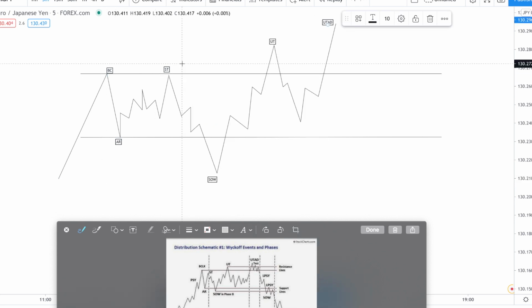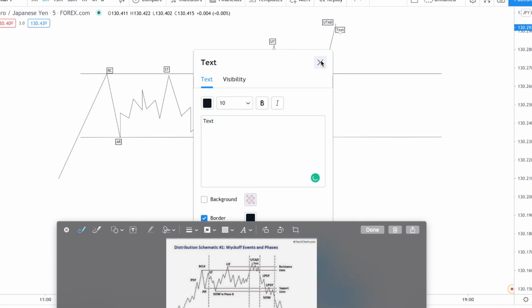Okay, so this uphill right here, where we got a buying climax, second test, upthrust, 1, 2, 3. I'm skipping the second test, so I'm calling this 1, 2, 3. Is going to show us distribution. Now, we're going to start entering off